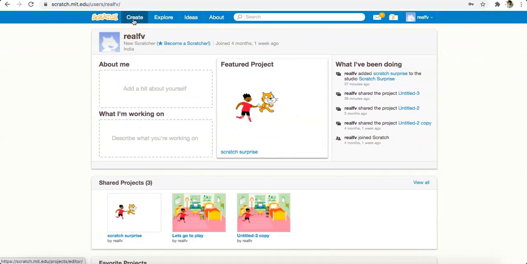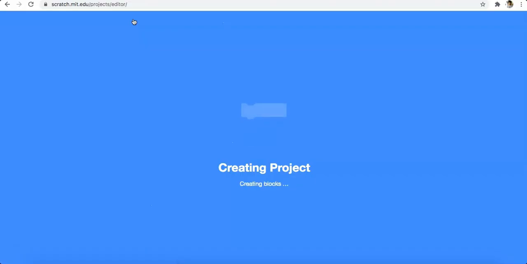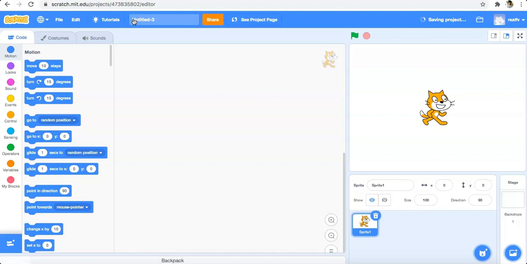So we will be creating a new project. So let's say create, and now you say that you're creating a project, and now you can name this project anything, like project 1. Okay, fine. So now you see this particular interface. Now let me explain this interface to you. It has three components. This is component 1, where you can see the code.